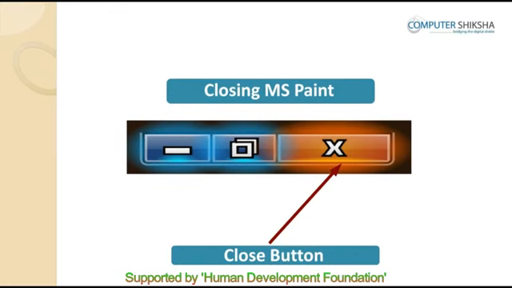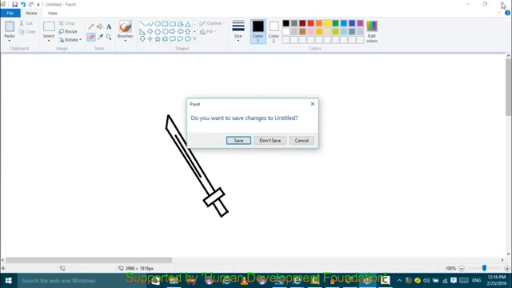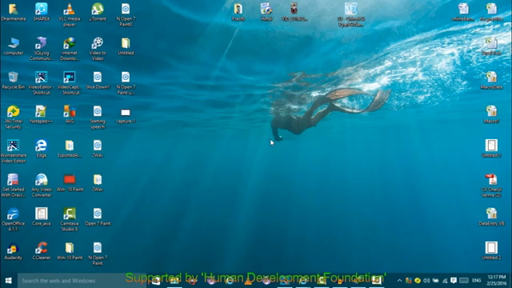Now, all of you need to close your paint file since today's class will end here. So, let's all again watch this next video and learn to close this paint file. We need to take our cursor to the top right corner of the screen and click on the close button. When you come there, you see close written. Click there and a box appears on your paint file having three options: save, don't save and cancel. Since we are not going to save this, we select don't save and the paint file gets closed.